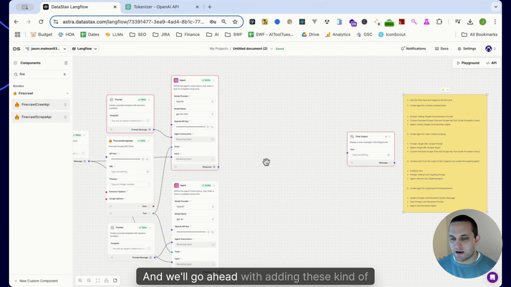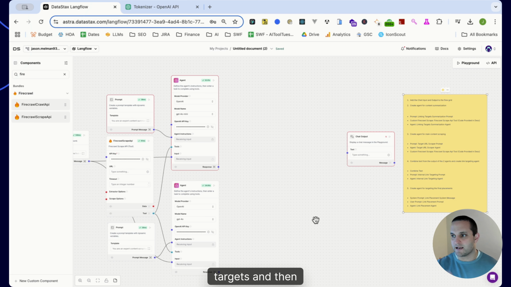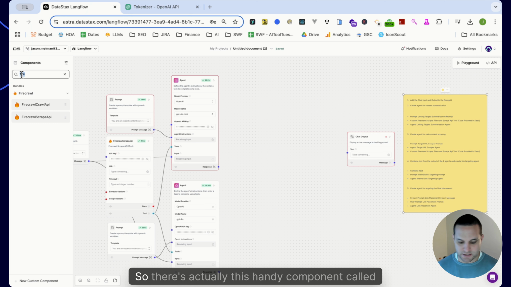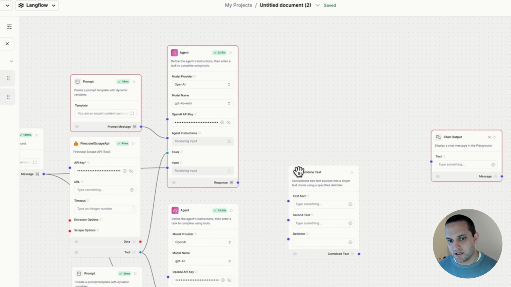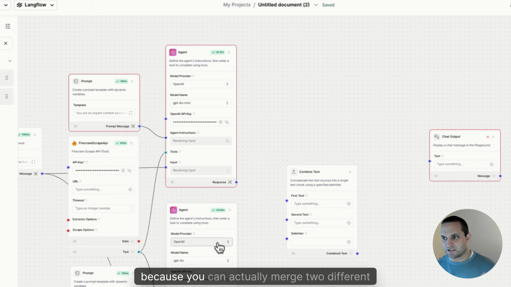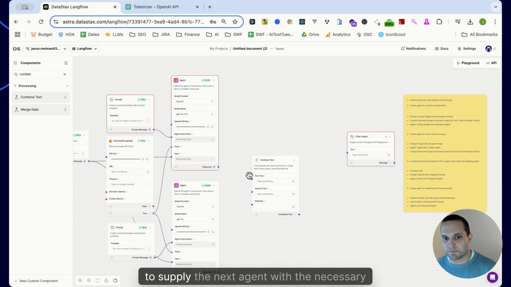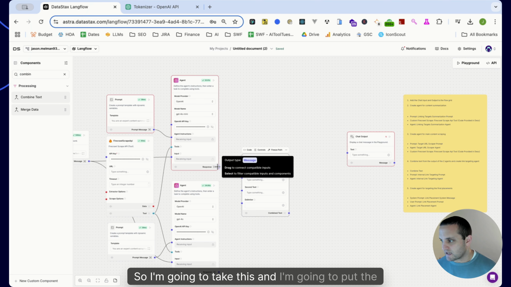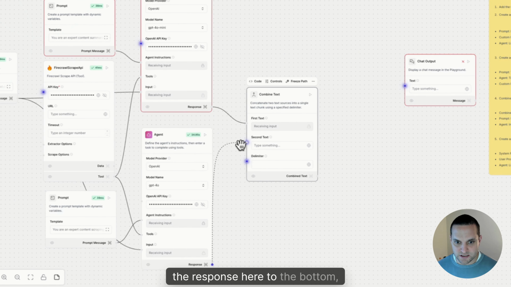And we'll go ahead with adding these finalization steps where we actually create the targets and then find the actual placements for the internal links. So there's actually this handy component called combine text, which is really nice for something like this because you can actually merge 2 different responses together, which will be very handy in what we need to do here to supply the next agent with the necessary output. So I'm going to take this and I'm going to put the response here to the top, the response here to the bottom,